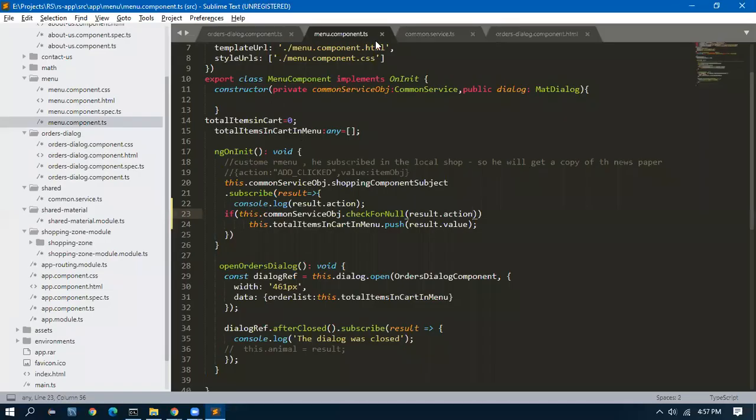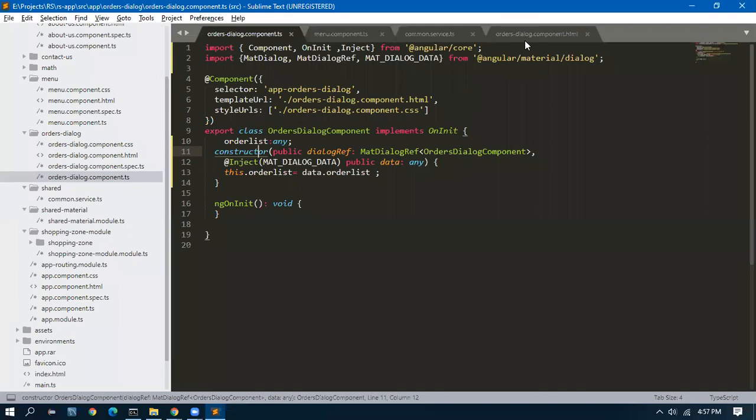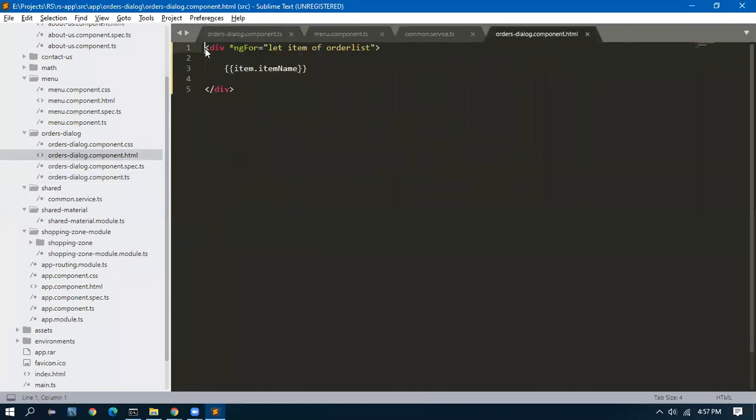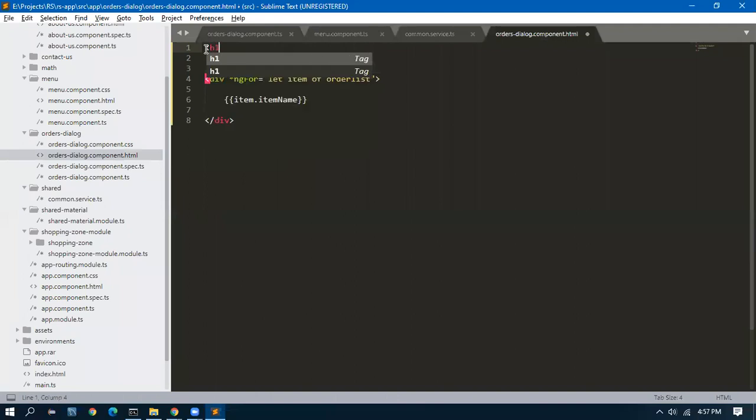So we'll give some label to this dialog. I can add an H1 tag.